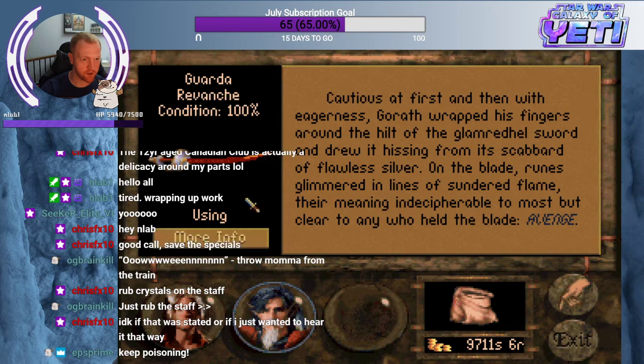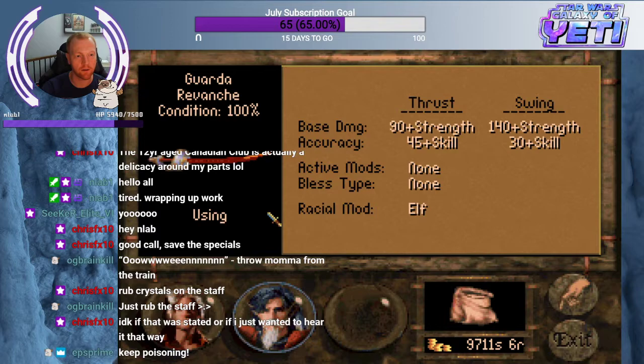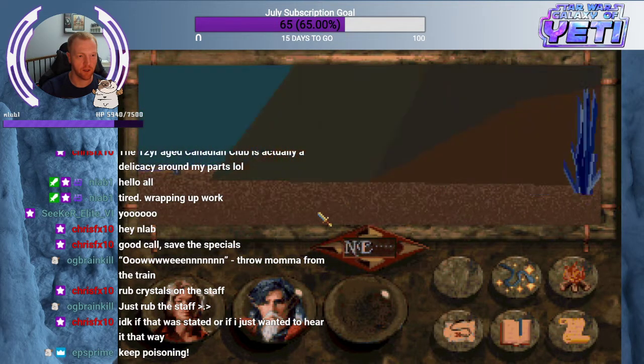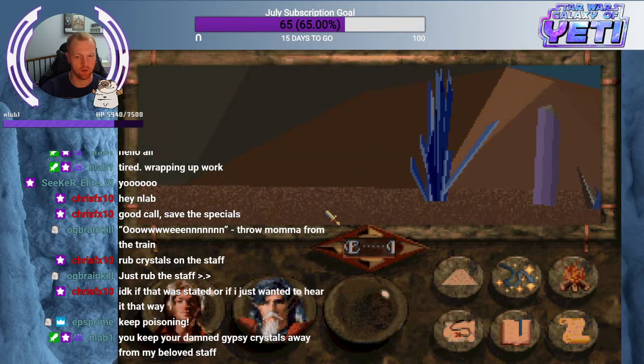I'm pretty sure this thing does not get... I didn't read it out to you, but anyway, the Guard of Revanche. Here it says, cautious at first, and then with eagerness, he wraps fingers around his haft, the glamour to his sword. He drew it hissing from the scabbard with flawless silver. On the blade, runes glimmered in lines of sundering flame, their meaning indecipherable to most, but clear to any who held the blade. Avenge. But it doesn't seem like it loses its edge. If so,